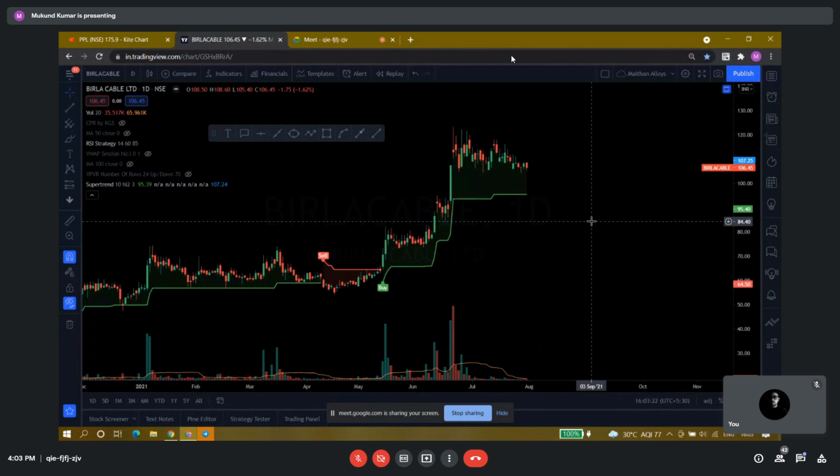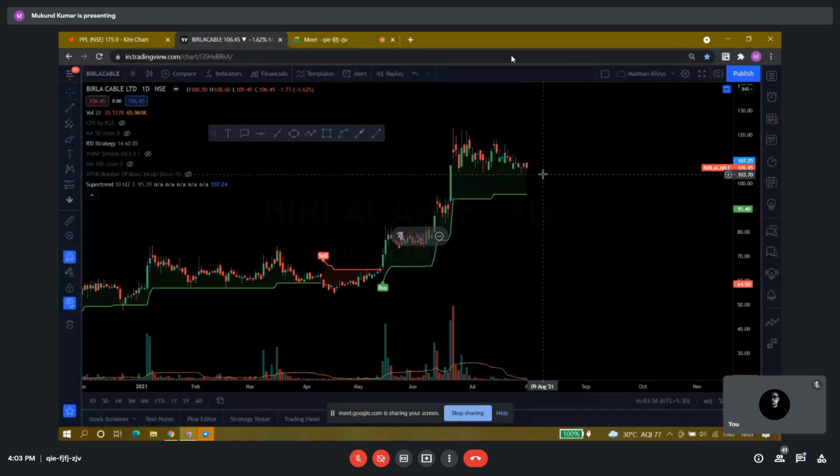You have to wait for your targets. The waiting time is not defined in this market. The right attitude is you simply decide how much target you want from a stock, how much return you want from it, and if that stock has the potential to give you that, you should definitely wait for that return. You should not go anywhere if that stock has that potential, because it will take time.